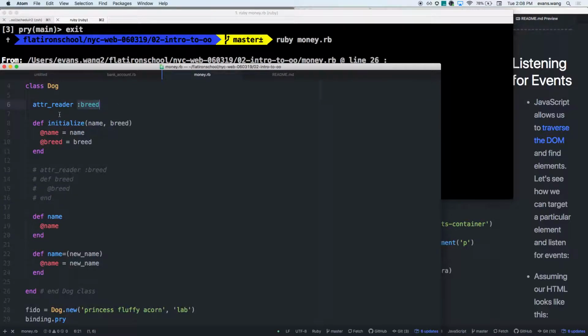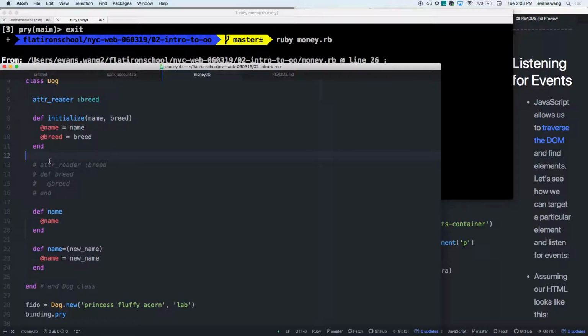So it's a pre-built class then, basically? Or pre-built method? Yes. This is what is known as syntactical sugar. And that is, if I write something shorthand, it will actually do something for me under the hood. Cool? And so if this is just the reader, if I have the writer here, then I think I can do,